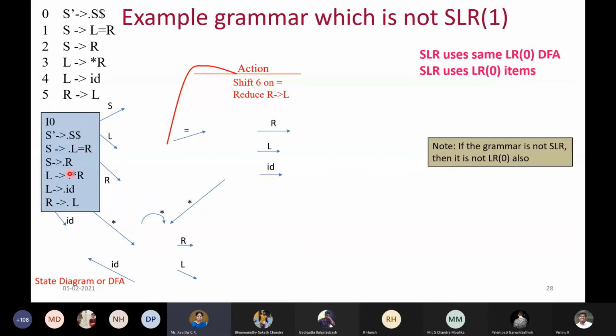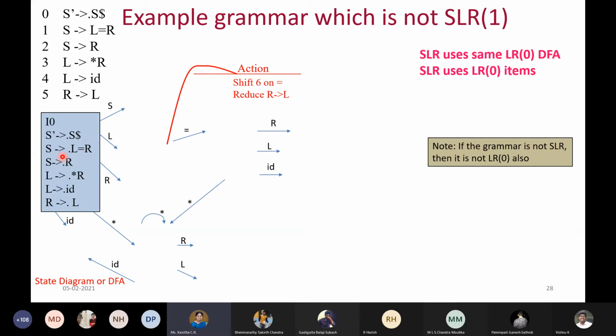So once again, you check whether everything you have covered or not. If you have covered, then that is the first state. And students, remember, if the first state is wrong, then all your diagram, whatever transitions you're going to take, will be only partially correct. Okay, if you forget to expand R also, it will make a difference. If you forget to expand L also, it will make a difference. So you have to verify everything whether you have expanded properly or not, and then only you should continue for the next state.